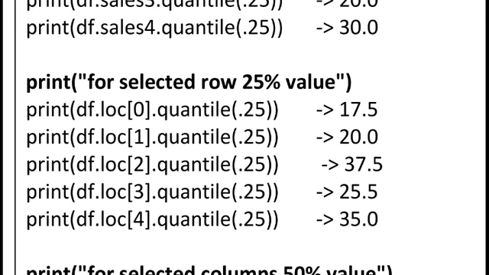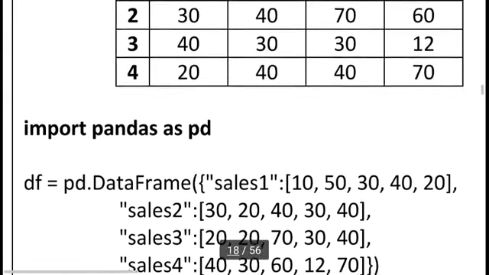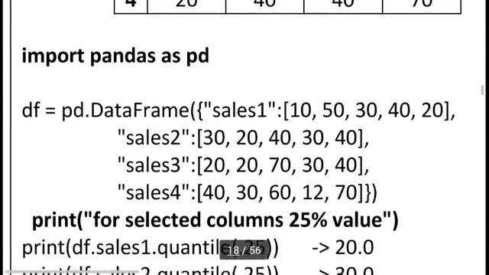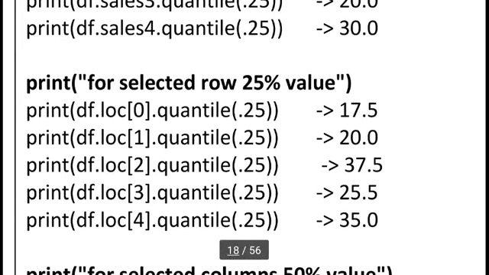For df.loc[3] quantile 25%, it is 25.5. This is our last row, df.loc[4].quantile(.25), and you can see 35.5. So loc 4 means the last row: 20, 40, 40 and 70. The 25% of this row is 35.5.